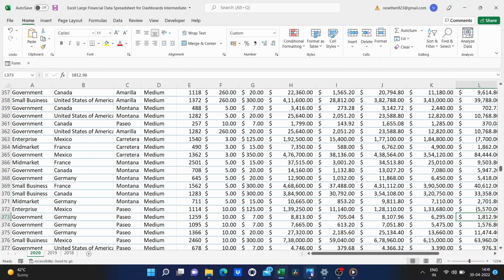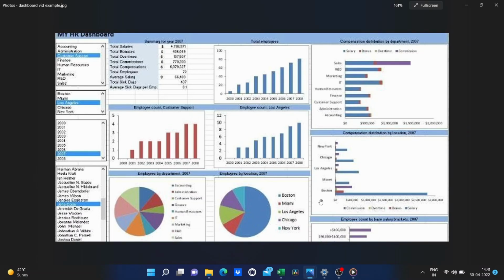Here's an example of a dashboard. This is a beautiful, complex, very complicated dashboard. That's not what I'm gonna show in this particular video. We're gonna start at the beginning with the basics and how to get started creating dashboards. But you can see that there's a summary of the year here, and this is the data that's being shown on the dashboard. But the data actually comes from another spreadsheet, or in some cases, another workbook.